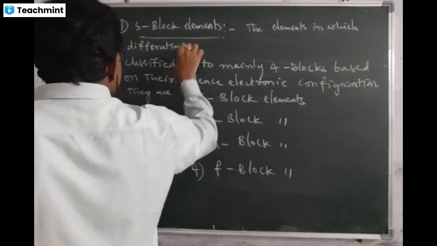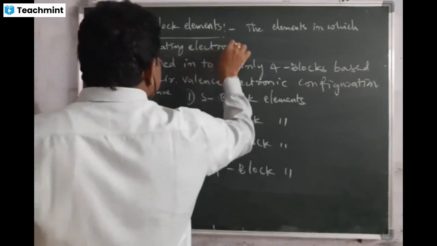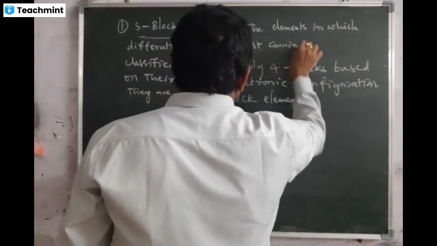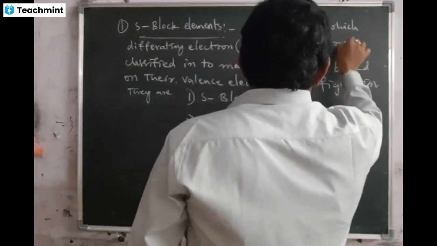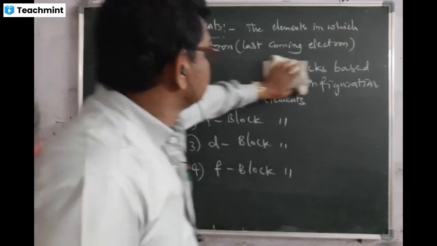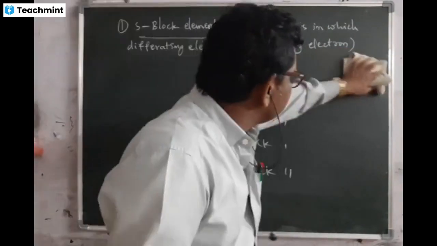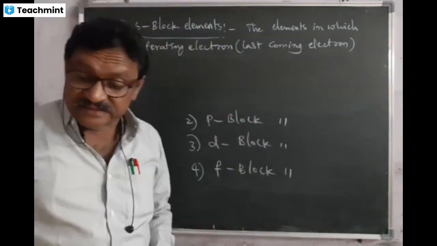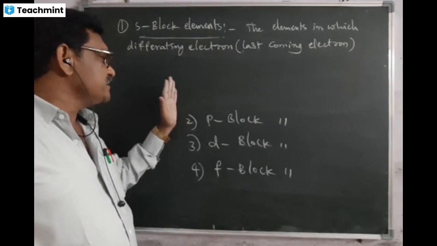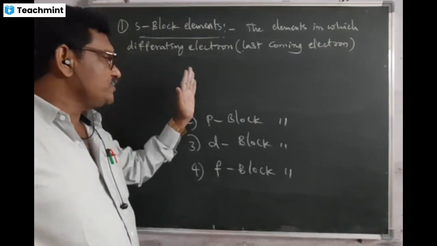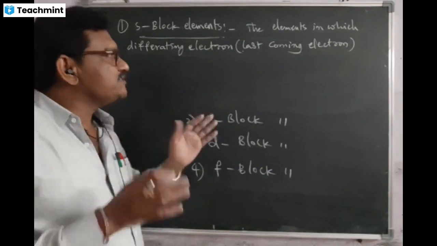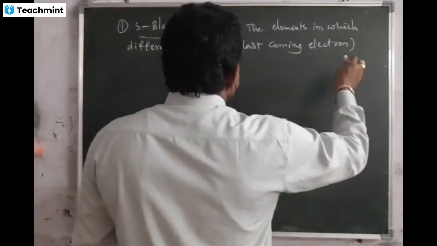Differentiating electron is nothing but the last coming electron. Actually, differentiating electron means the electron that makes the element different. If electrons continuously enter group by group, those properties are differentiating. So remember, the last coming, differentiating electron enters into